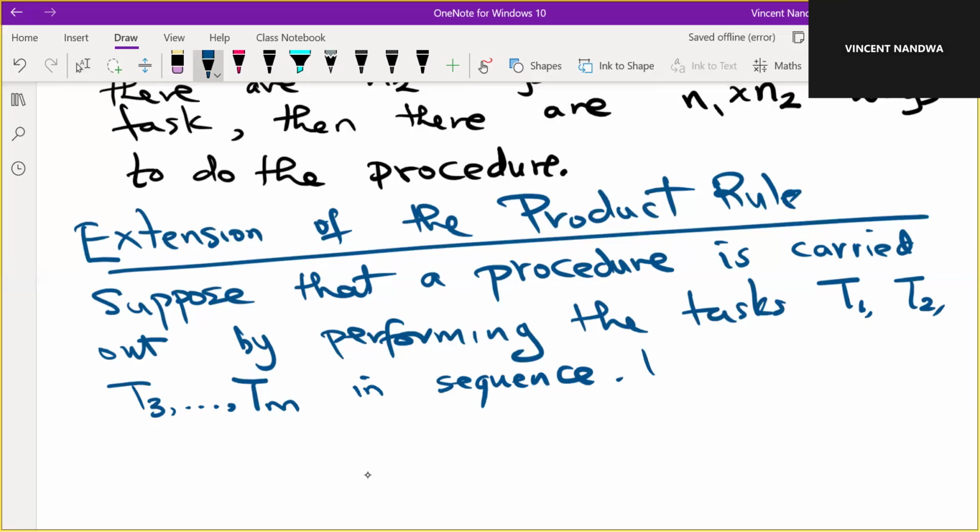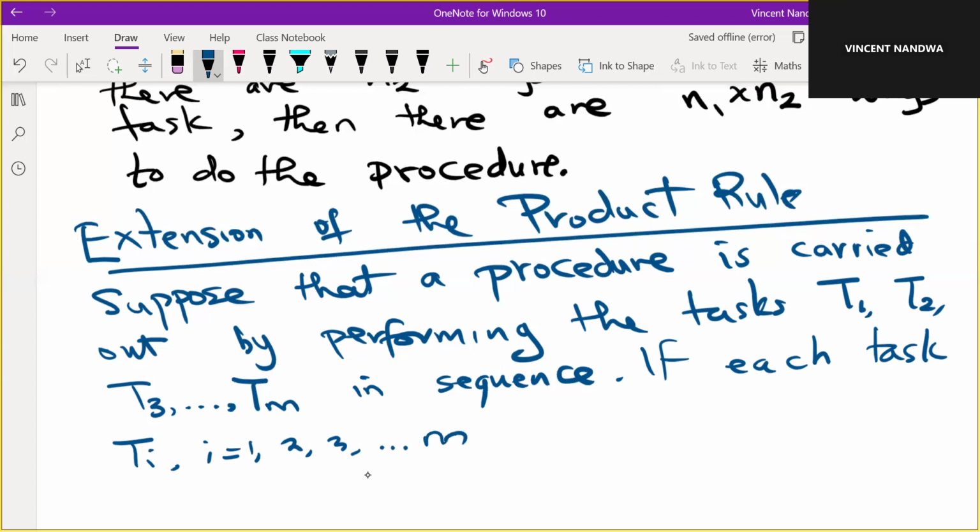So if each task Ti, for i from 1, 2, 3, all the way up to m, is done in Ni ways. Okay, let's just use a different letter, N. If each task is done in Ni ways,